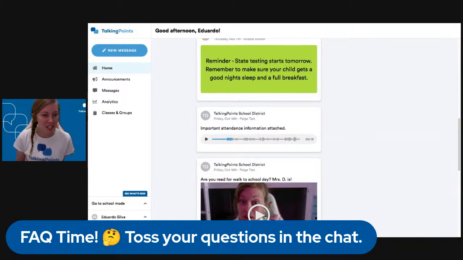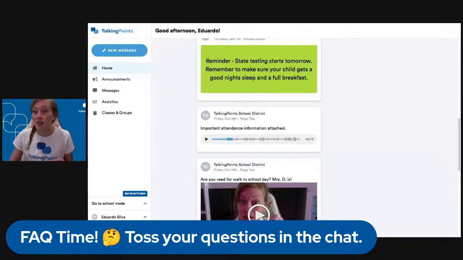Short little audio messages like that. When we think previously, they would be robocalls basically to families, but this is just a much quicker way. There's also a transcript that would be sent through, and I believe that gets translated as well. So that's part of the Admin Family Connect suite. So great question about what is additionally available to those in the paid Talking Points accounts.